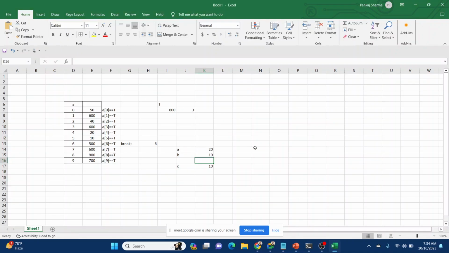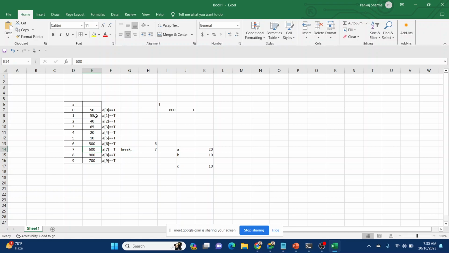The same thing we'll understand with the Excel part. We have an array of 10 where we have stored that many numbers. Now we want to search for 600 over here. First we will check with index 0. 600 is here multiple times. So first we will check the A0 position: is A0 equal to T? If it is not equal, go to next, till the time you find it. The moment you find it, break the loop and give me the index number. So it will automatically give me the index number 7.